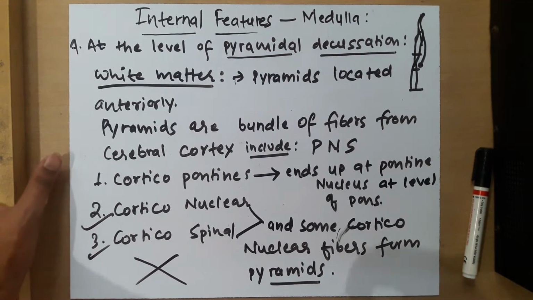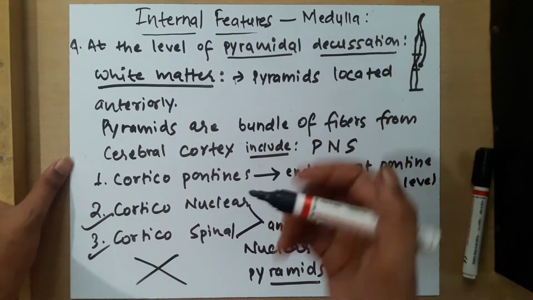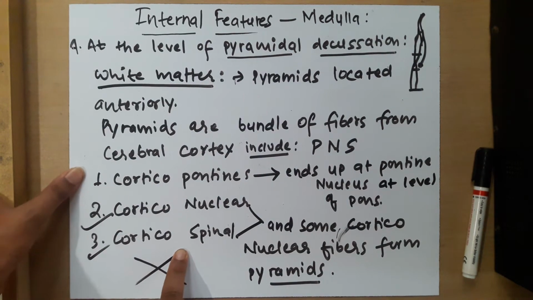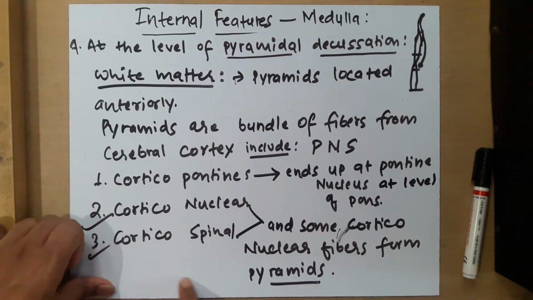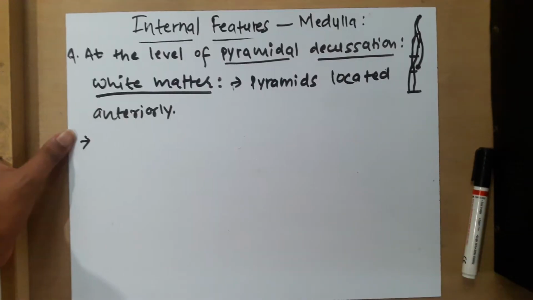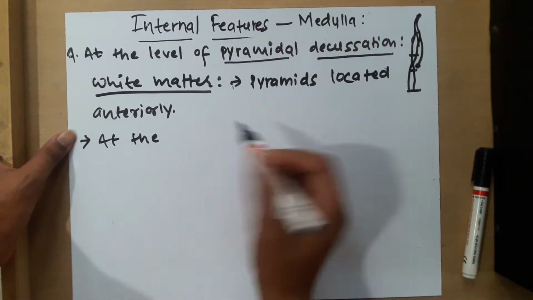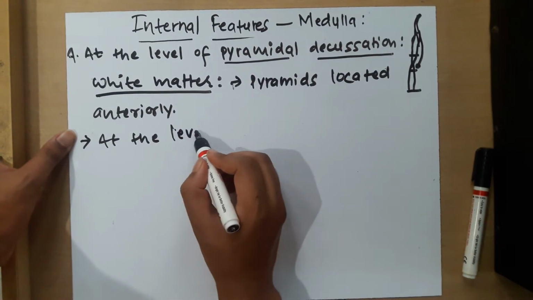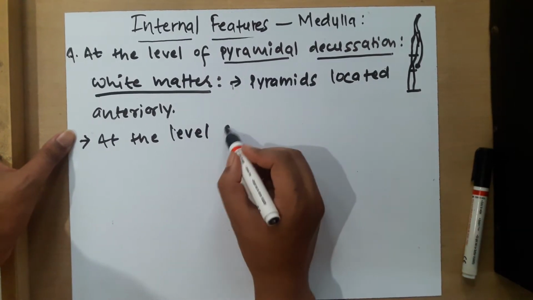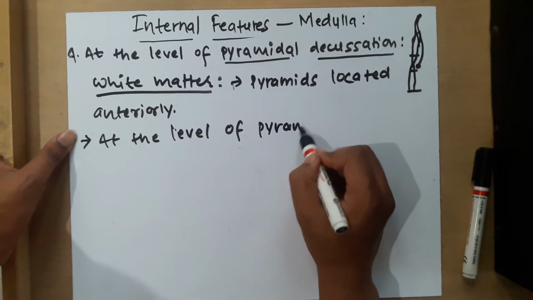That's why it is known as the section at the level of pyramidal decussation, because there the pyramidal fibers decussate, that is, cross over to the opposite side. Okay, so at the level of pyramidal decussation, those fibers, corticonuclear and corticospinal,